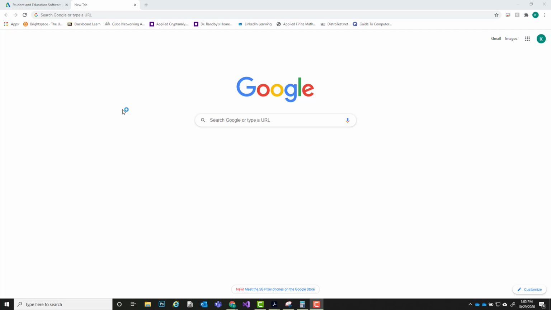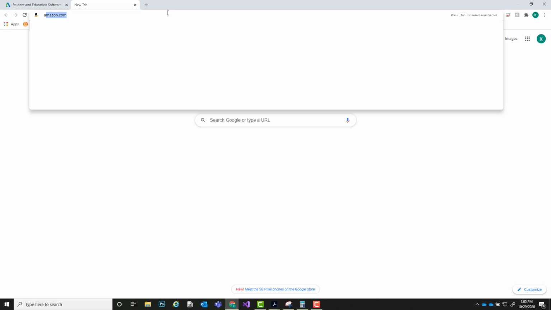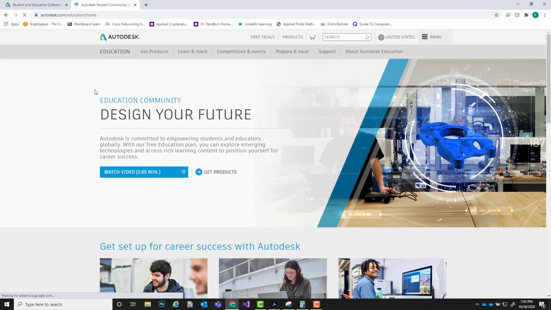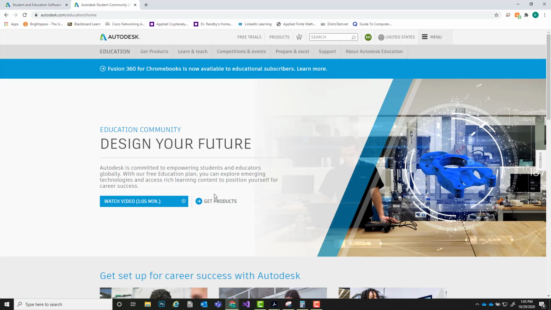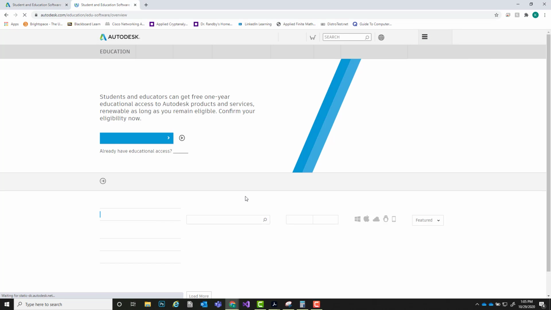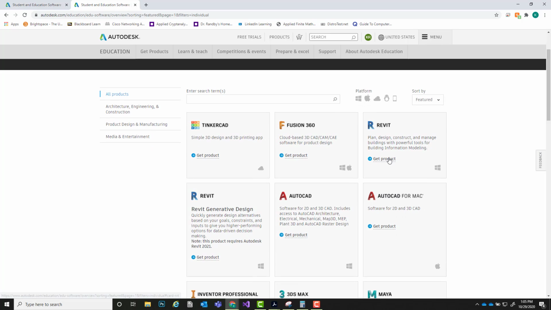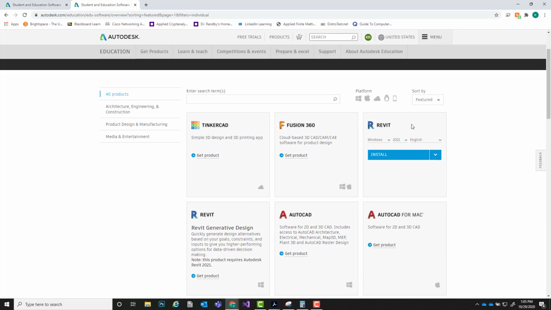Alright, so starting out here in Google Chrome, I'm just going to go to Autodesk student software, and then I want to choose this first link right here. At this screen now I want to click on get products. If you're not signed in, it'll prompt you to sign in, but then it will take you to this page here. Then we just want to go here to Revit, click on get product, and then right here is where